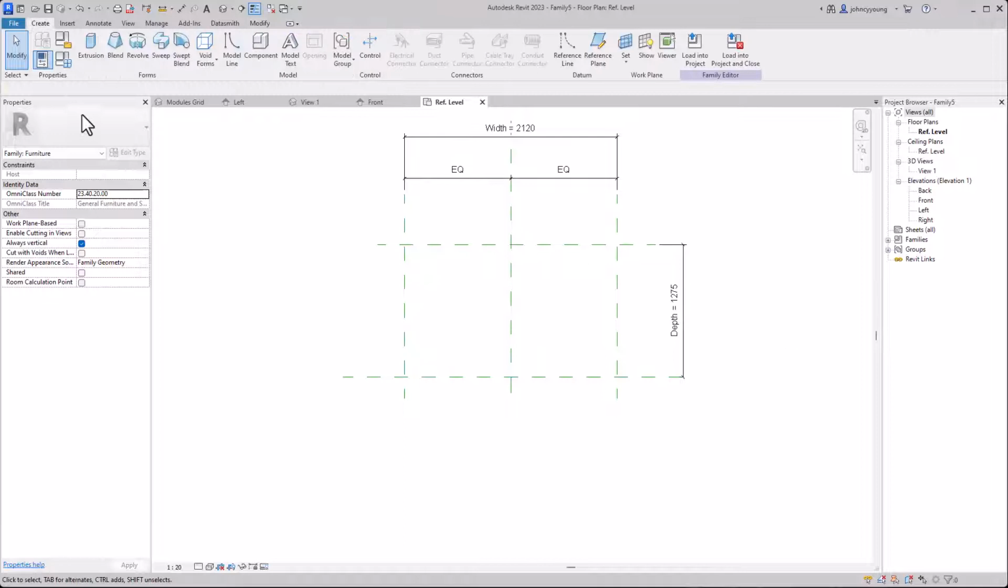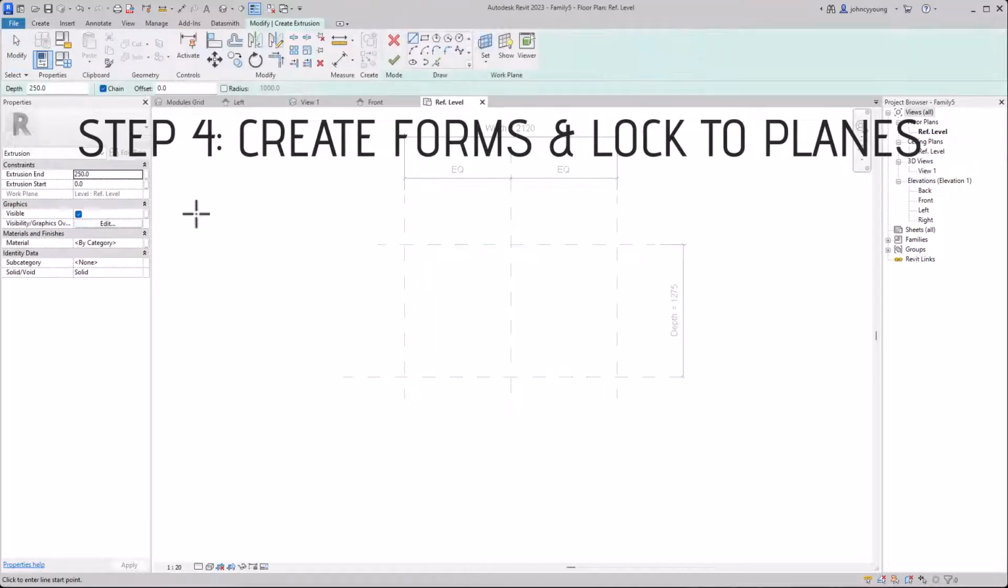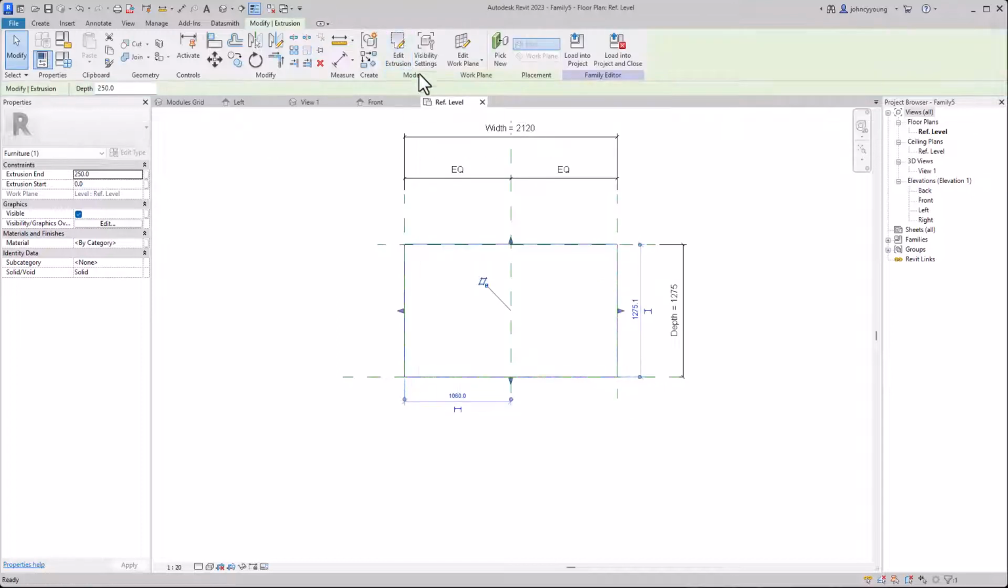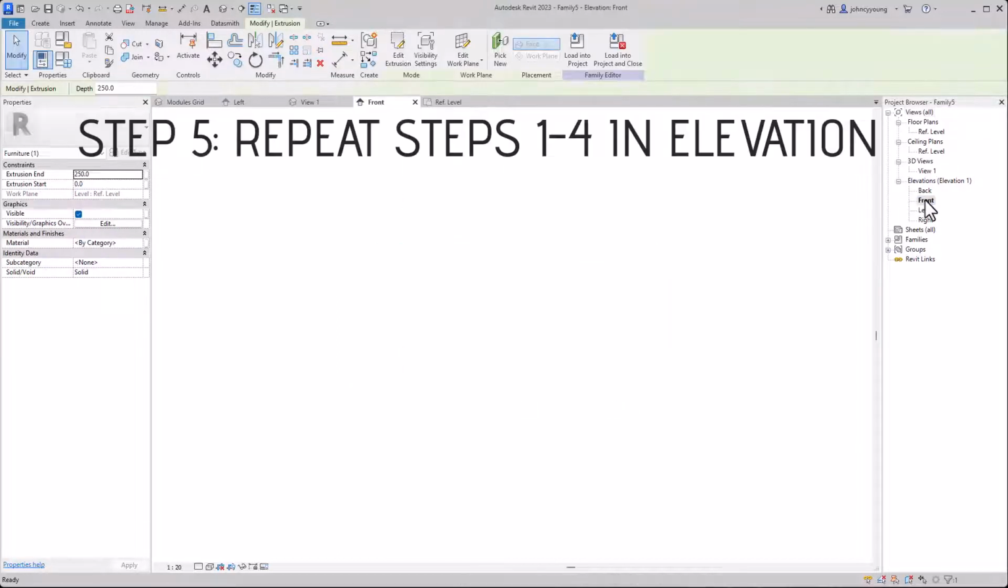We'll just create a simple rectangle cube. The important thing here, the object is locked to the reference planes. We'll finish with that. And let's go to the front view. We'll create a reference plane here as well